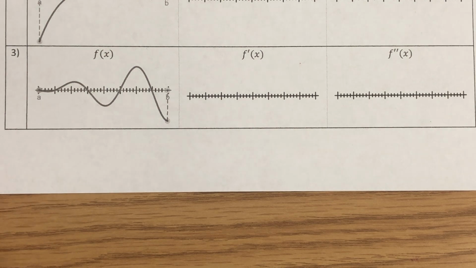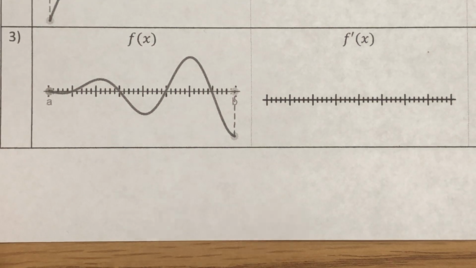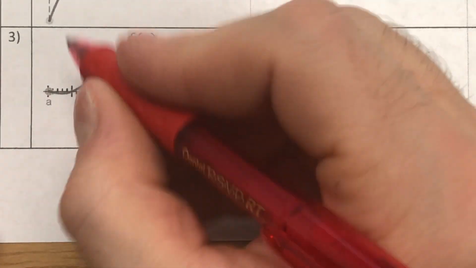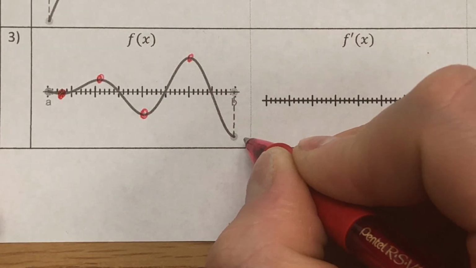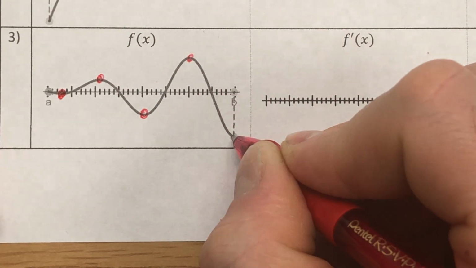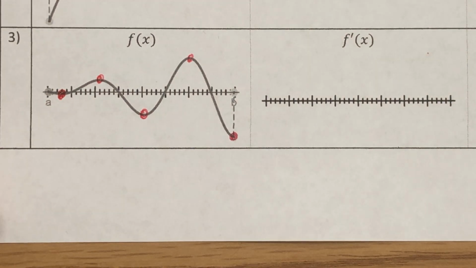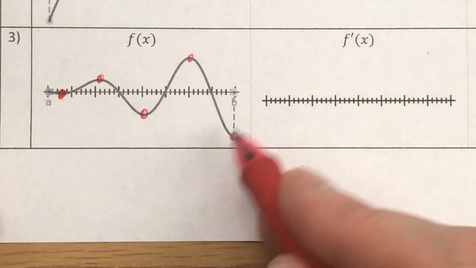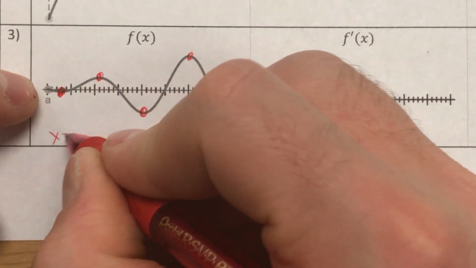Okay, so let's take a look. Now, what we're going to do is we're going to do the same approach and same colors as we did on the first one. I'm going to list my maximum and my minimums. Not sure about that one. It looks like it's pretty flat, so we're going to go ahead and include that. But jury's still out on that one, which means that it roughly